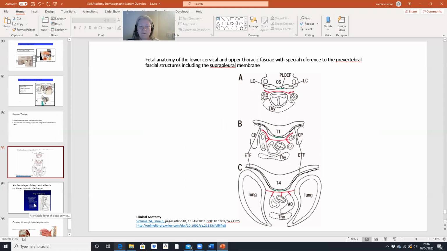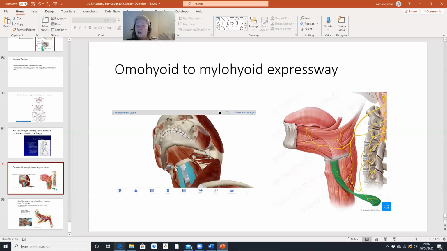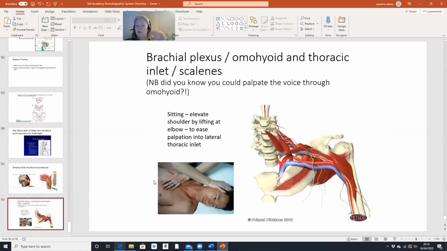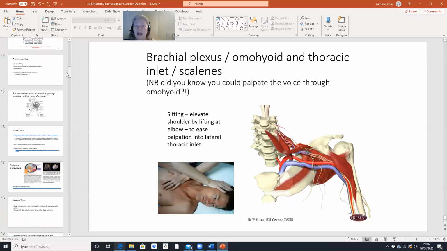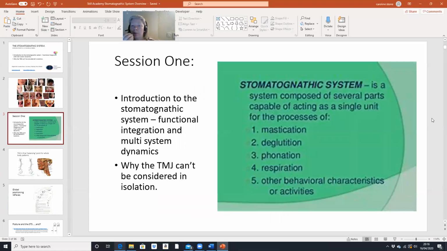We talk about the alar fascia and the prevertebral fascia, and things like your omohyoid highway, and how you use the upper limb to get you in and over into the deep mediastinum or up the side of the neck, and how you begin to balance all sorts of things, such that finally, when you have someone presenting with swallowing problems, suckling problems, speech problems, breathing problems, sinuses, TMJ pain, headaches, some neuralgias, all these sorts of things,